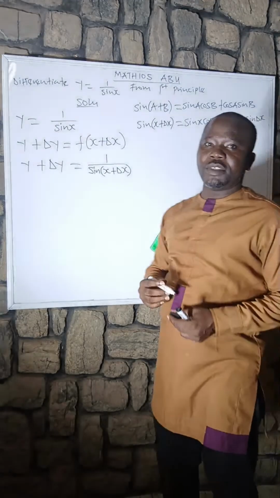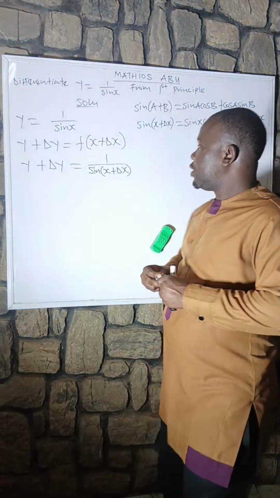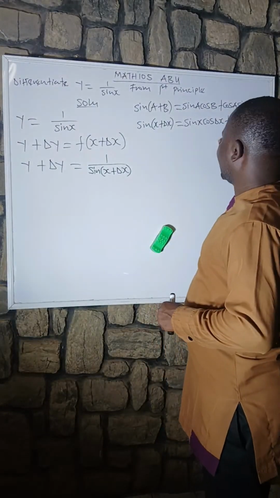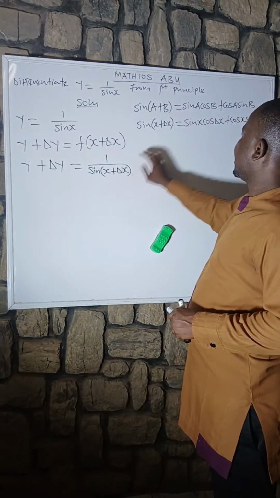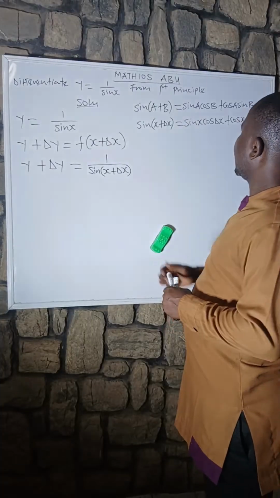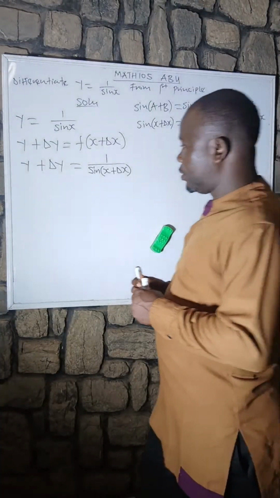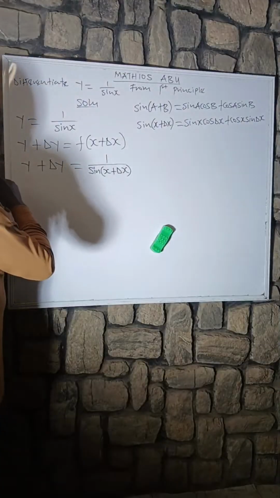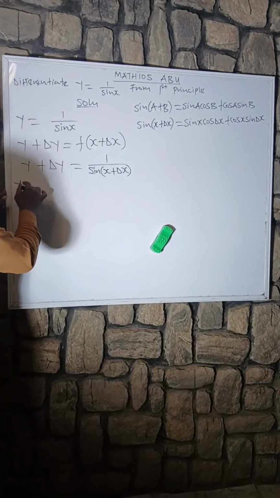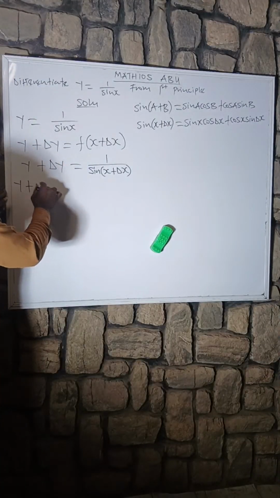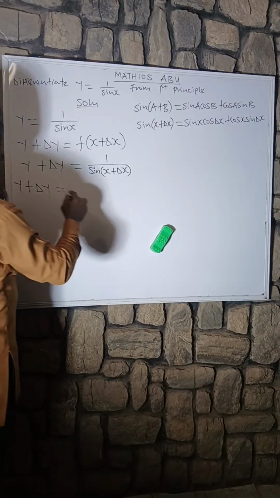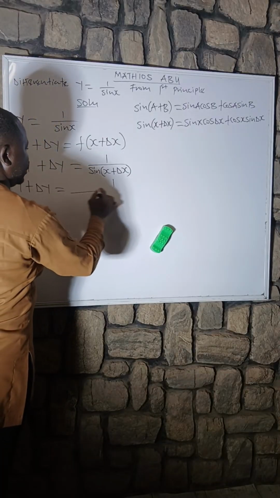Do you agree with me? Any question? So it implies that instead of this, this is what we are going to write. So take note of this. So this simply means that our y plus dy is equal to 1 all over,